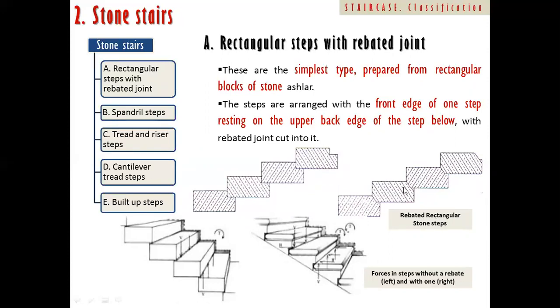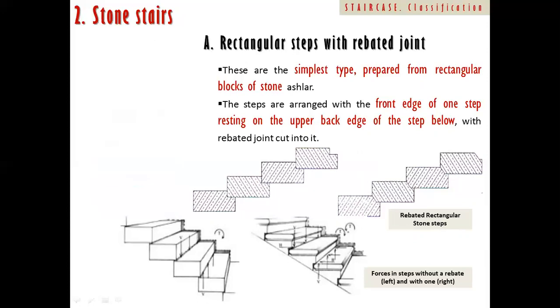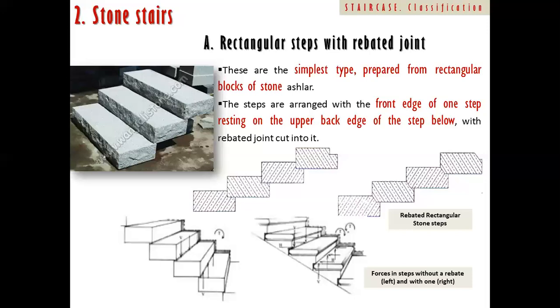Repeated rectangular stone steps. So sometimes you may do the detailing part like this, the inclined portion, but ultimately they have to rest on another step, but this is an additional stay, but the actual stay they generally get from the wall. Okay, this is just the additional stay so that they should not get displaced. Now let's come to this view. So these can be erased one over the other.